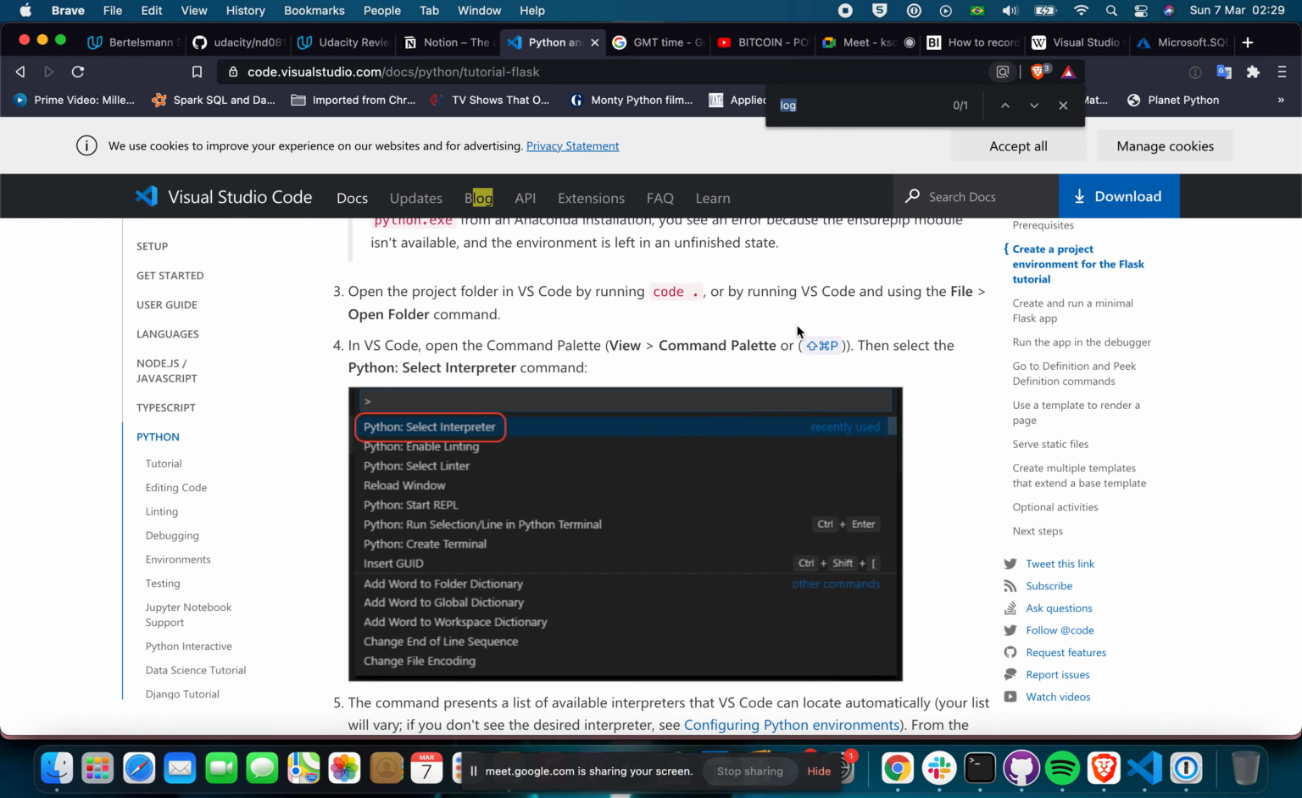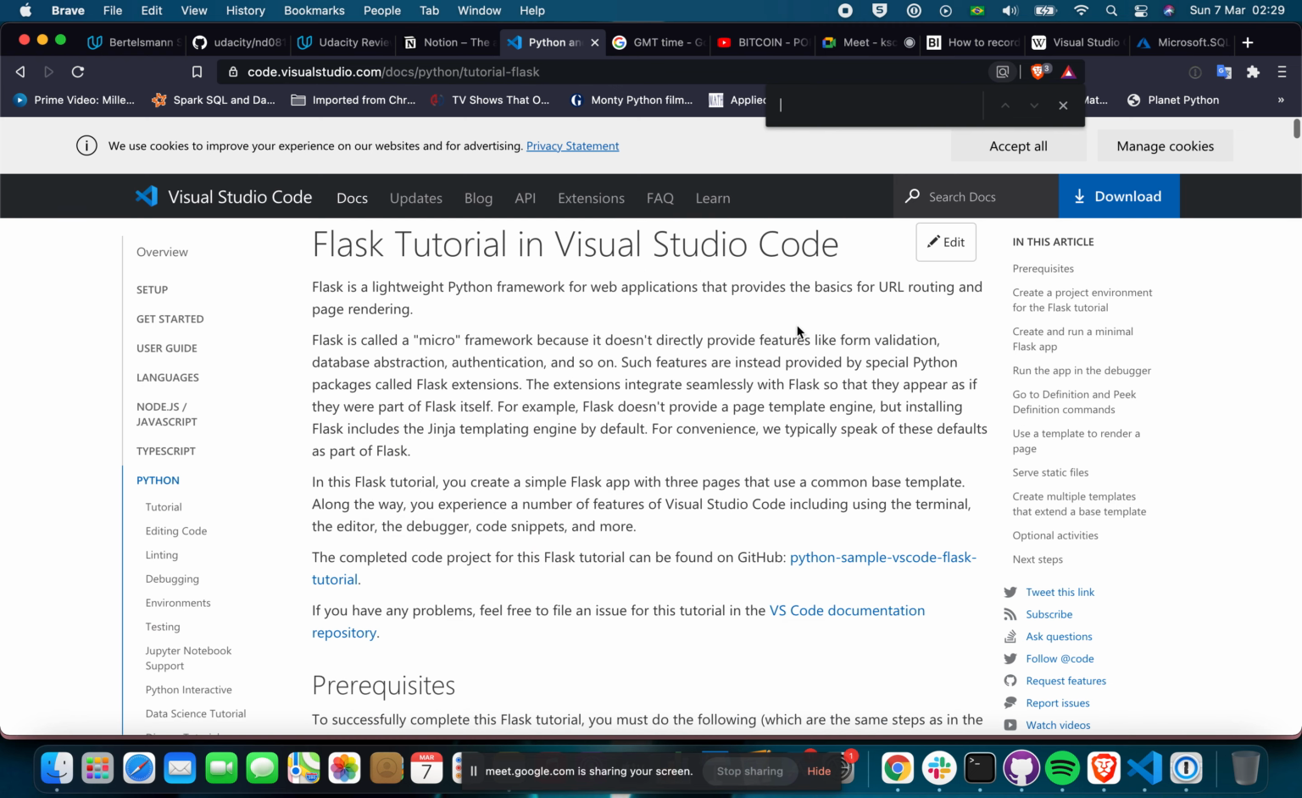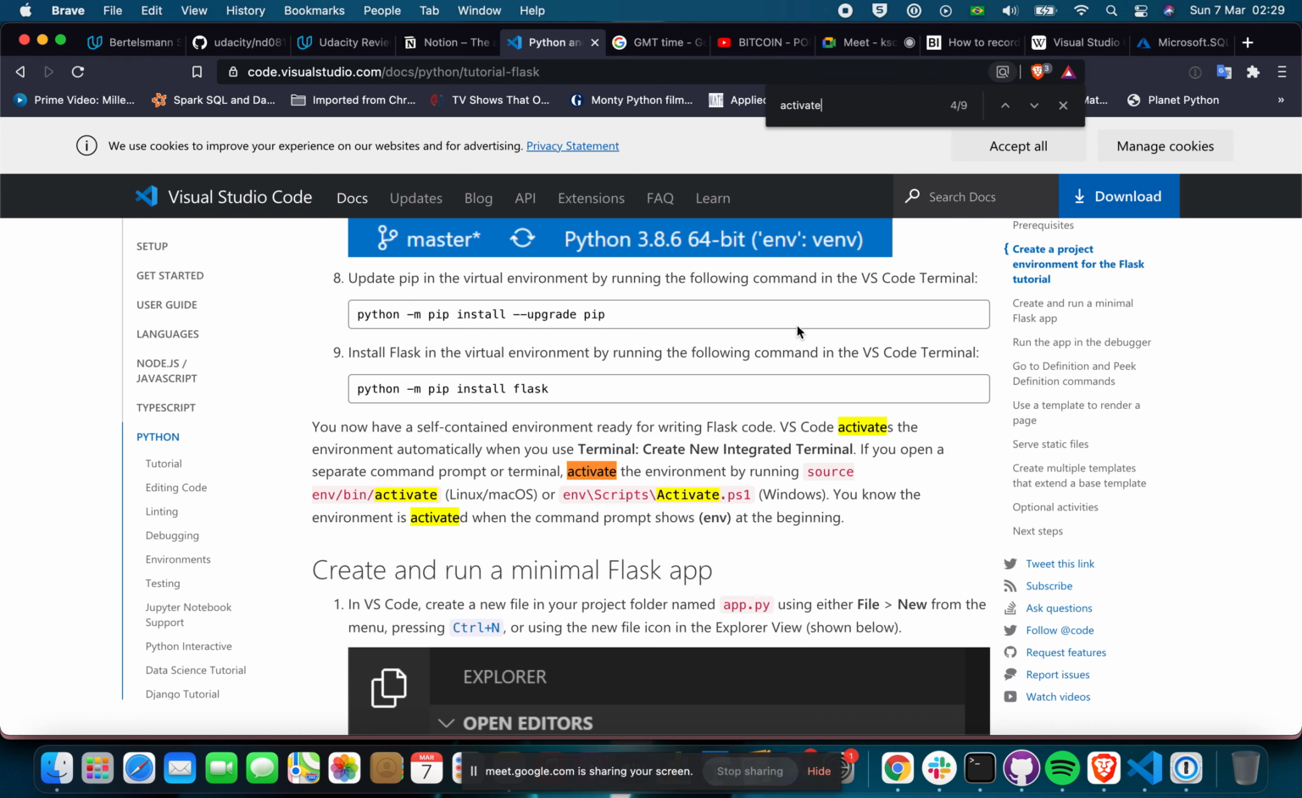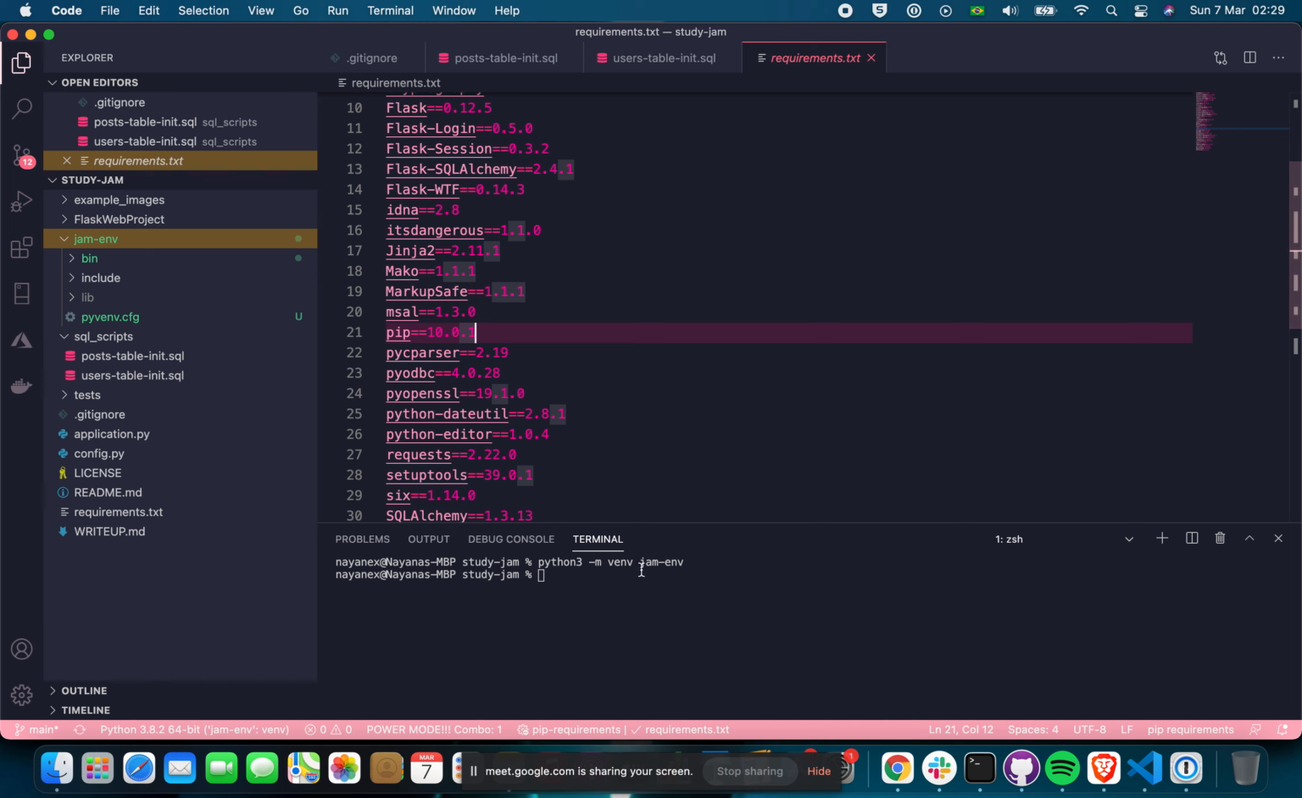Otherwise, if you don't want to do that, you can activate it. You can use this command here in the terminal, source env bin activate. But in this case, we don't use env because the name of our environment is gem env. And then when you see the